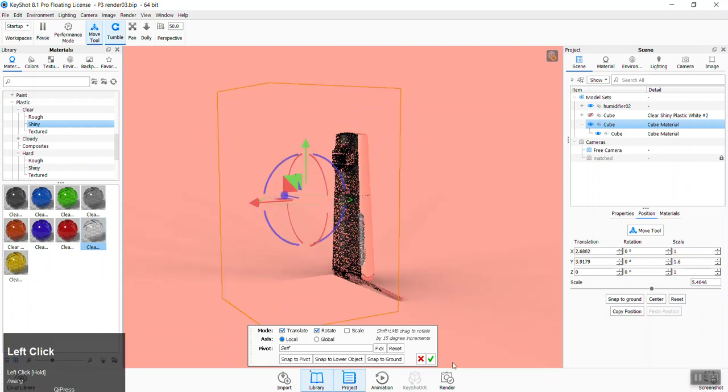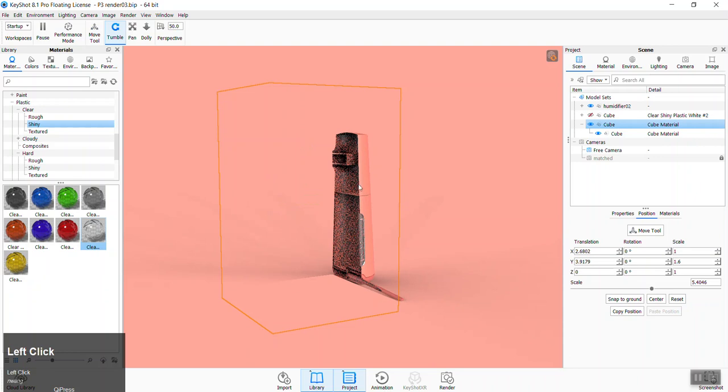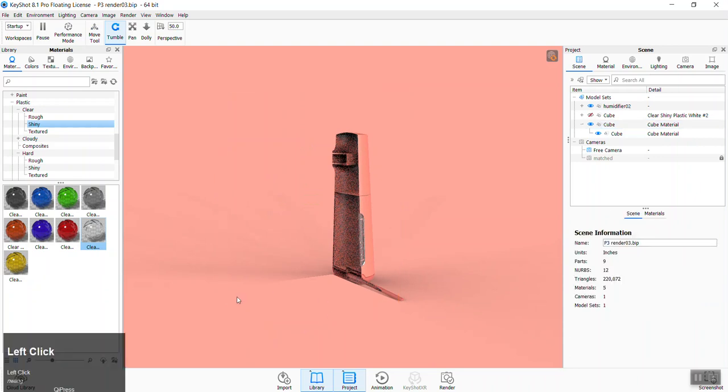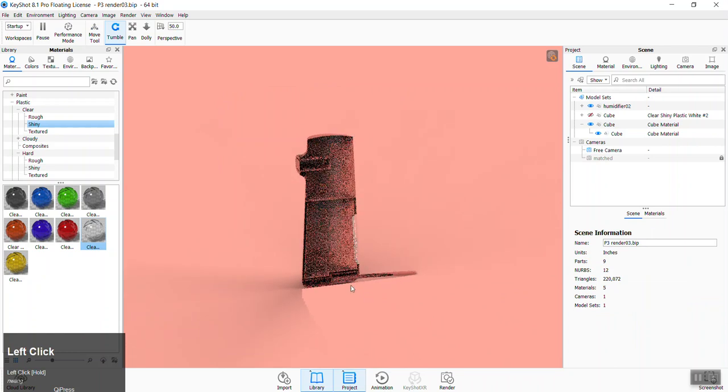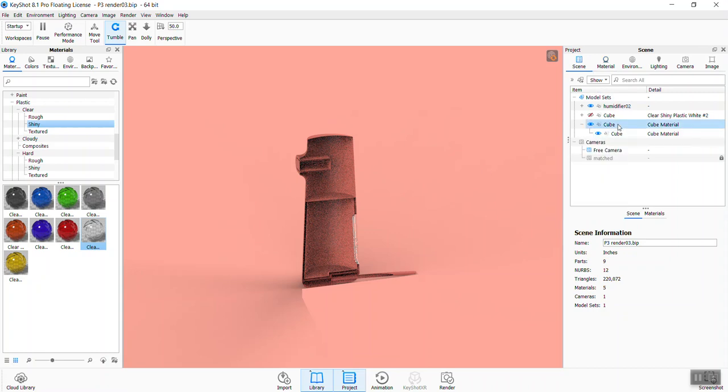You'll notice though, and now I'm going to click the check mark. You'll notice though that when I built this in CAD, now if I spin this around, I did not plan to make a cutaway view, so it's kind of messy on the inside here. Okay, let's look at some settings now. If we go back and click on our cube here,